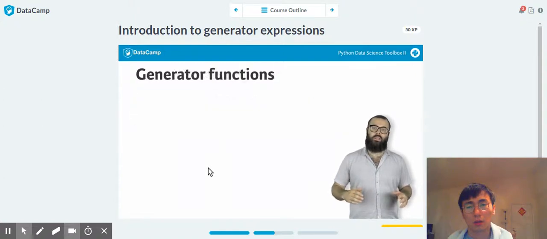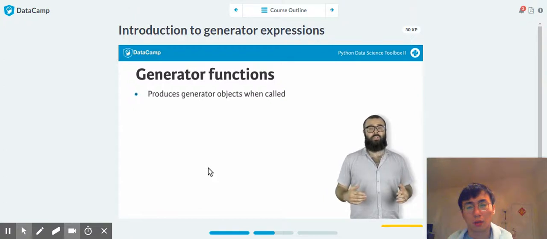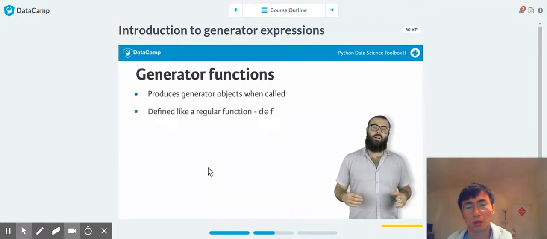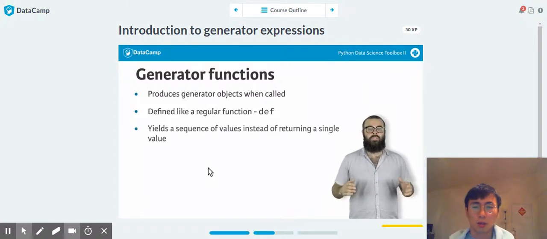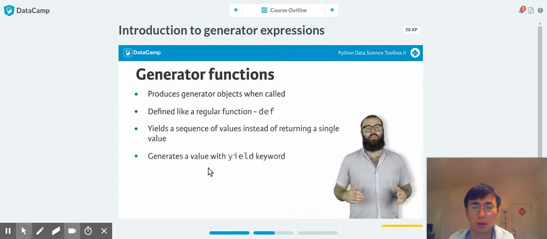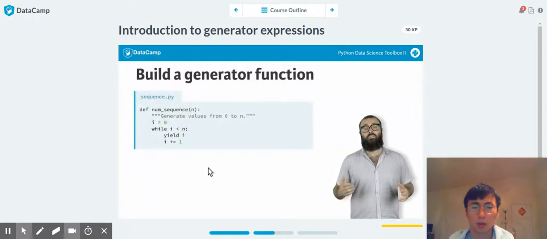The last thing to discuss before you get coding is the ability to write generator functions. Generator functions are functions that, when called, produce generator objects. They are written with the syntax of any other user-defined function. However, instead of returning values using the keyword return, they yield sequences of values using the keyword yield. Here, I have defined a generator function that, whenever called with a number n, produces a generator object that generates